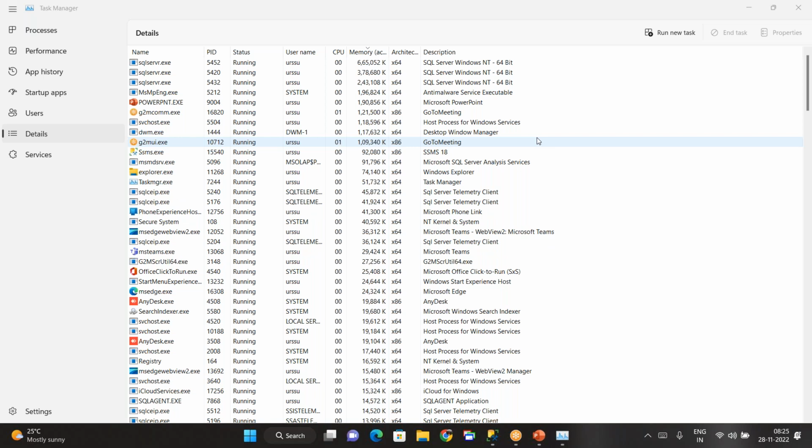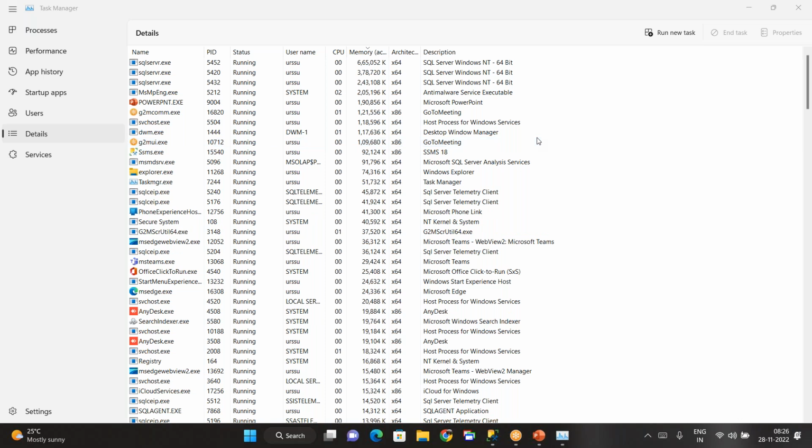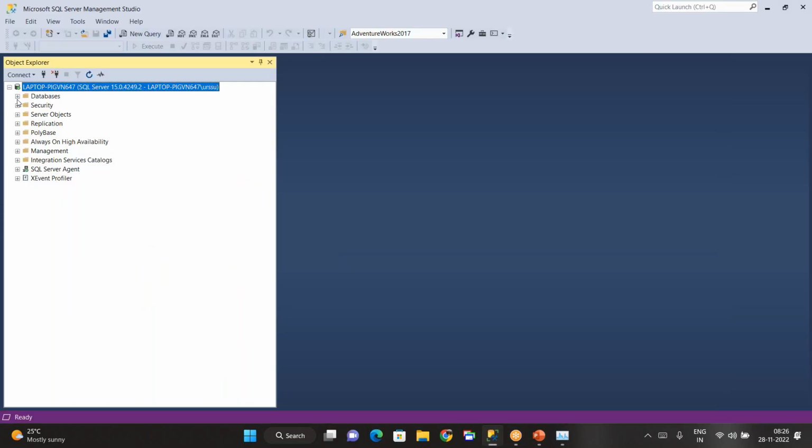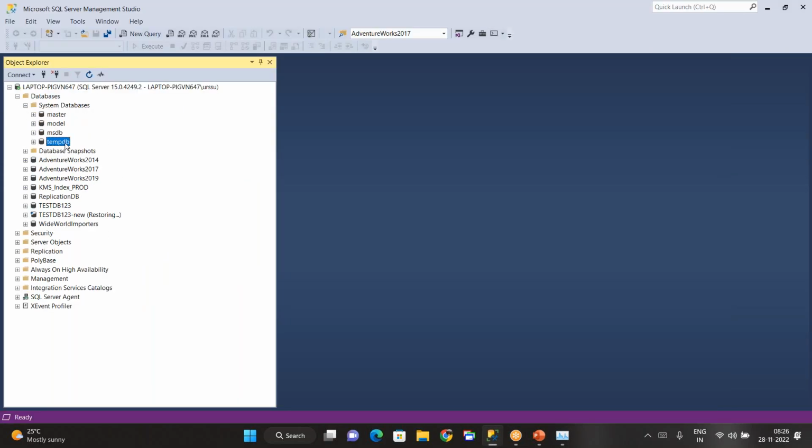Maximum, sir, it will try to keep it in memory. Otherwise, it will use the page file. There is a concept called page file. If you are not enabling page file, it will spill the data into temp.db, sir. Very important, out of the box. A concept, temp.db. So it will spill the data in temp.db, sir.